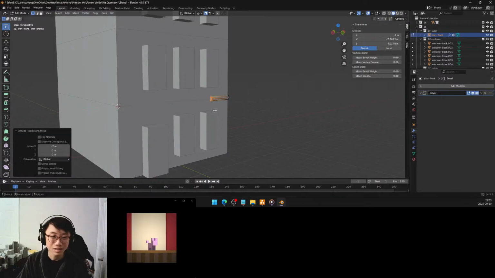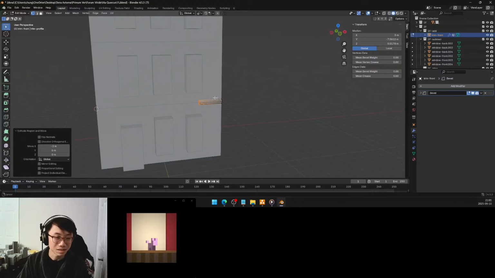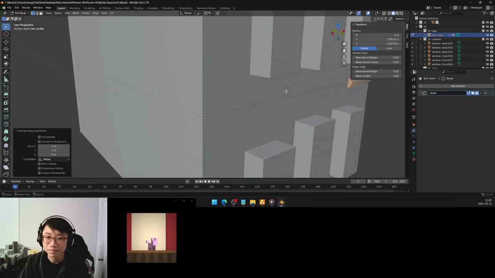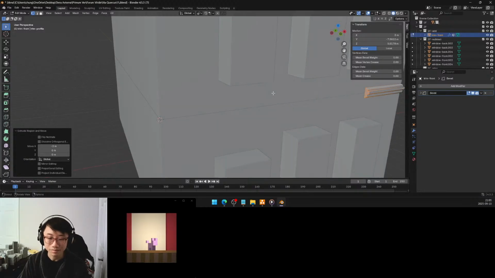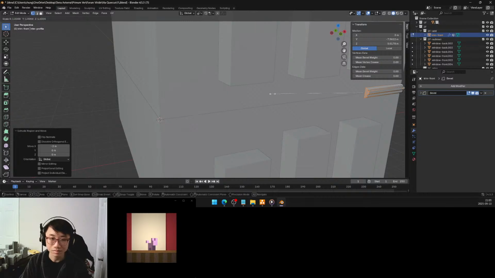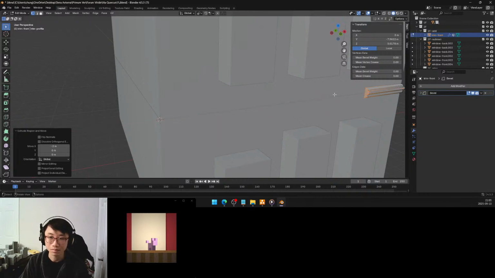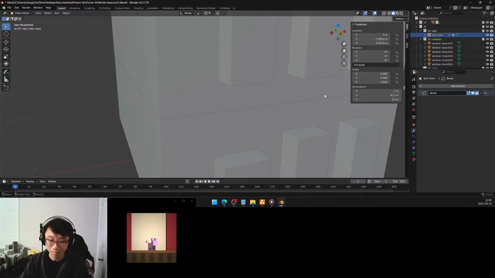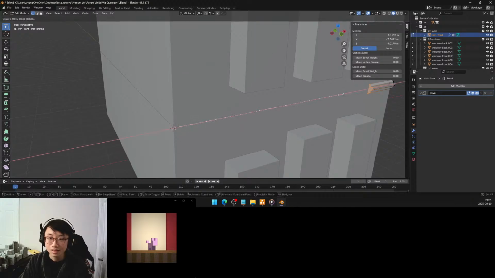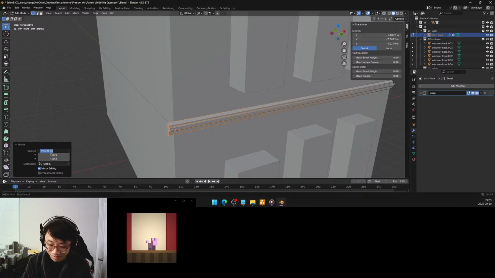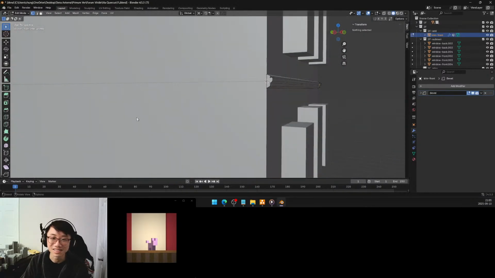Stop snapping things. Active element. Whoop. There we go. I'm not proud of the way I'm doing this, but,